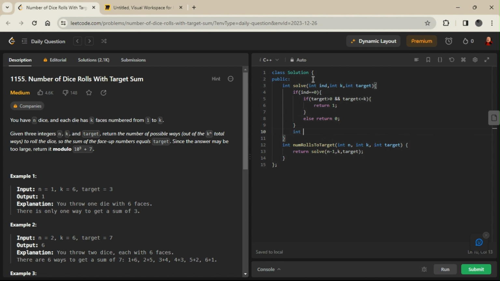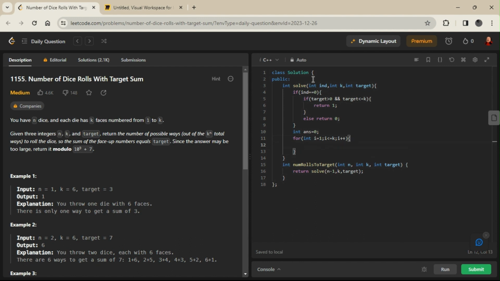Now we declare a variable answer, which gives our final answer. In this, we traverse all the faces, whichever face we take. So we loop int i equals 1 to i less than or equal to k faces, i plus plus.